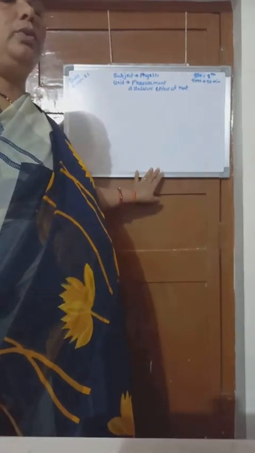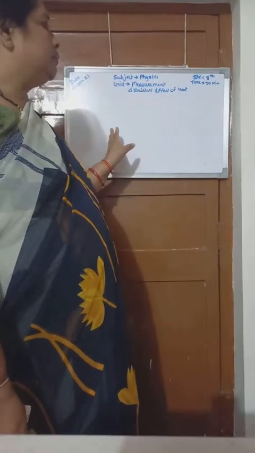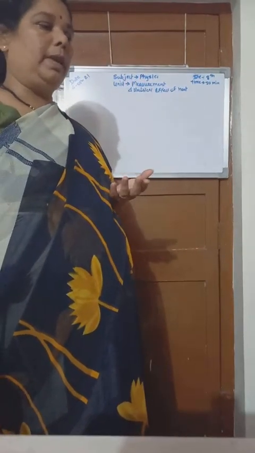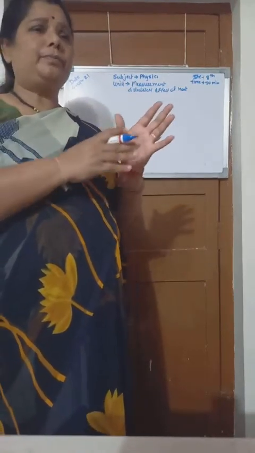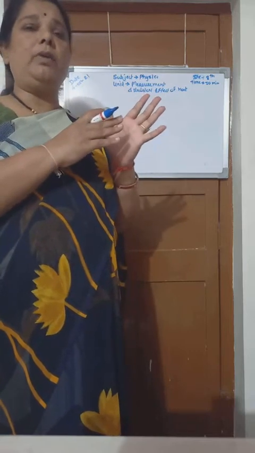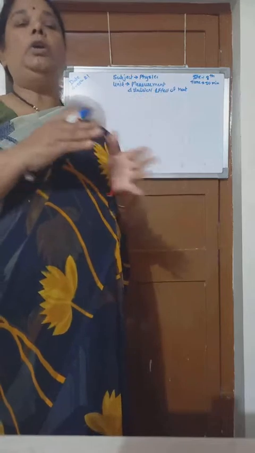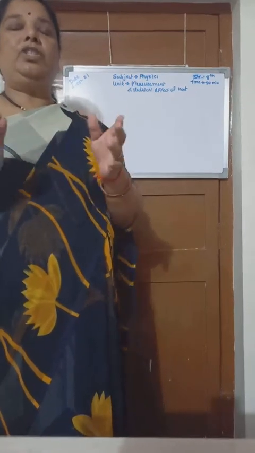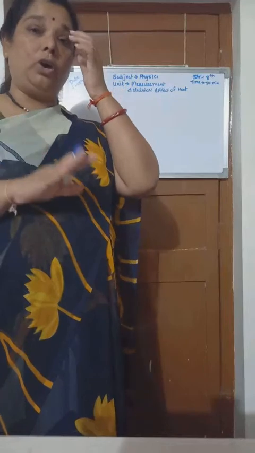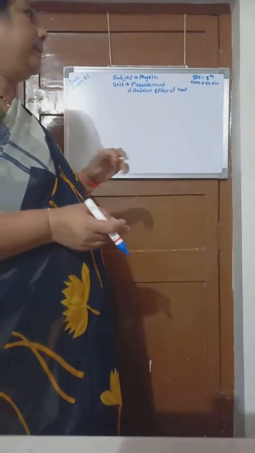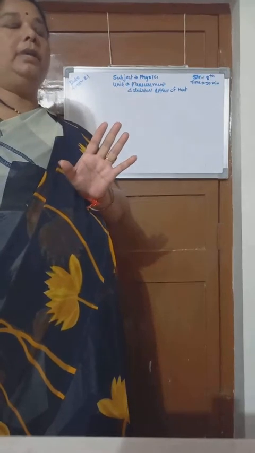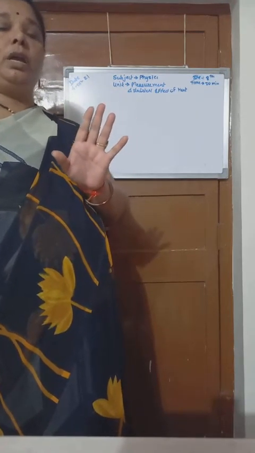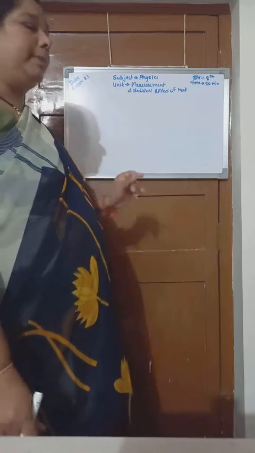You all know heat, okay? And we have to study heat, effect of heat, okay? When one object is hot and other object is cold, then there is a transfer of heat from high temperature object to the low temperature object, okay? By touching we can say that it is hot or cool. For example, if you touch tea, then we can say it is hot. And if we touch ice cream, then we can say it is cool, okay?